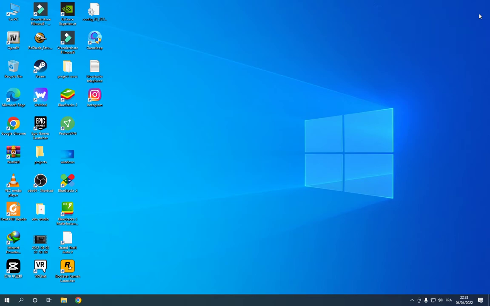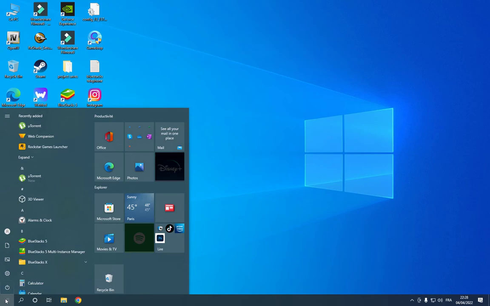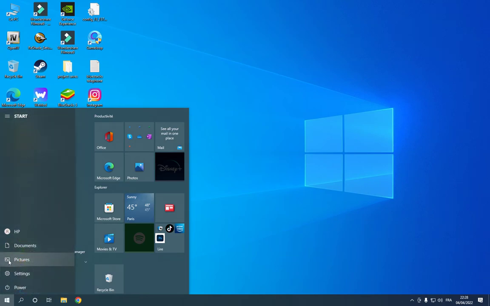Hello guys, in today's video I'm gonna show you how to turn on the night light on Windows in an easy, fast way. So first thing we do is we go to the start icon down here, and after that you have to choose settings,